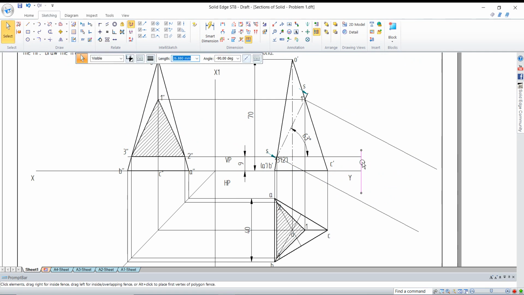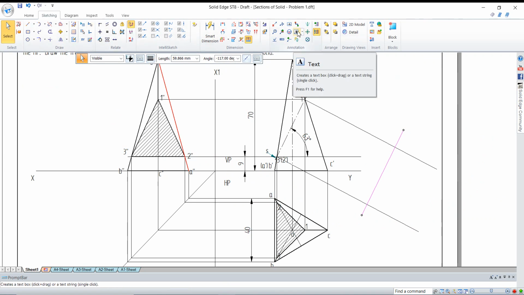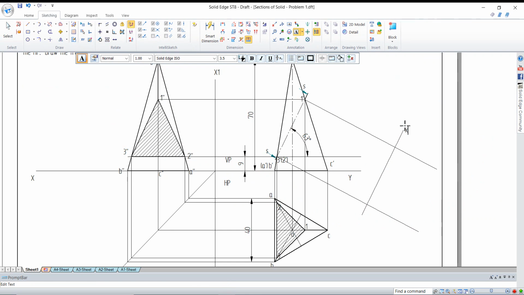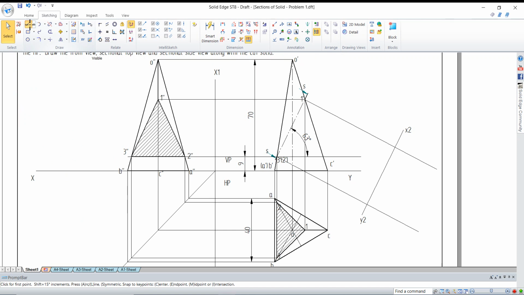I'll just draw a line here like this, trim the extra portion, and then remove the line, so it looks neat. Now we'll draw an axis line here, and this should be perpendicular to the previous line, and the axis line should be 0.15. You have to always maintain the axis line as 0.15, and we are going to give this as x1 or y1, or you can give x2 and y2, because you already have x1 y1, x2 y2.